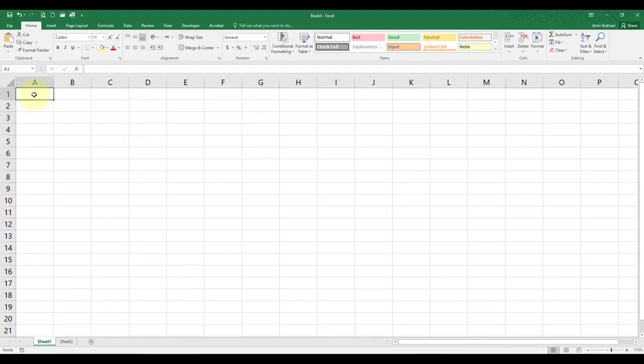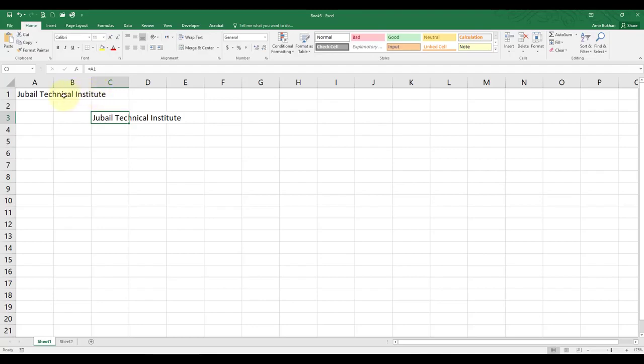For example, I start typing in cell A1. Now you can see that I started with A1, but this text covers up to C1. But inside the system, actually this is just A1. It's not B1 or C1. Let me show you here. If I write equal and A1 and press enter, you can see the whole text is displayed here. So this covering here does not make much difference.